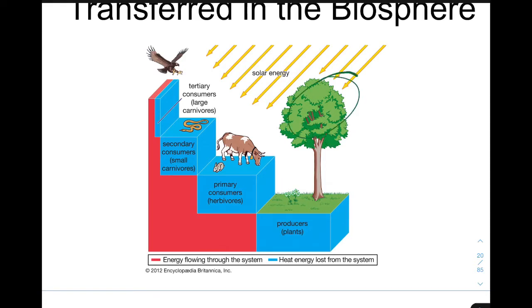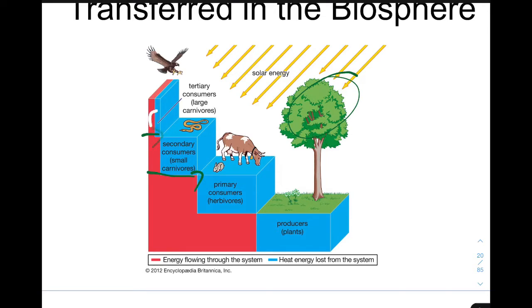So if energy is coming in here captured by the producers, used to grow this tree, used to grow this grass or these flowers or whatever else is photosynthetic, the energy that goes to the next level is not 100%. So we have all of this energy that is captured by the plants. But what is available to the next level, to the primary consumers, is less. Even if they eat every blade of grass, even if they eat the entire tree, which of course they won't, but even if they did, that level would be less. And then if we look at what's available to our secondary consumers and what's available to our tertiary consumers, it is less and less and less.